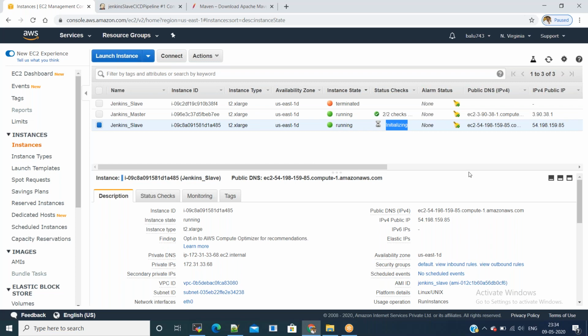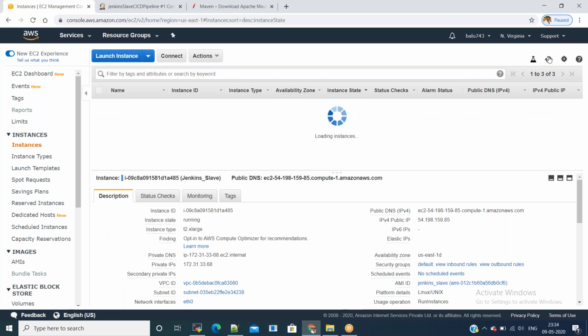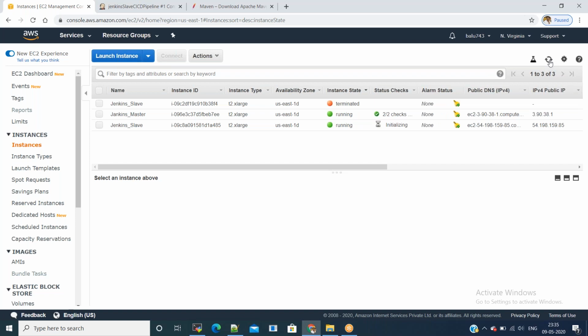We'll wait for some time so that it comes to 2x2 checks. Yeah, now we have 2x2 checks.